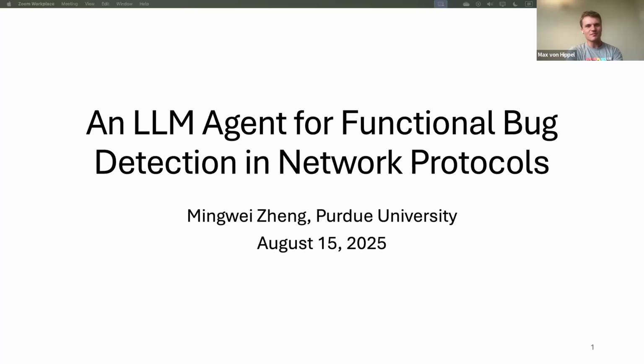Cool. So Mingwei, thank you so much for joining us today. I first saw some of your work when I went to a LangSec workshop, and I thought it was super cool. And I think I've felt for many years now that language models hold a lot of potential for network protocol analysis. Amusingly, I started thinking about that problem before they were good. Like when we had BERT, and that was all we really had to work with. And now we have these incredible language models that can do all sorts of things. I haven't worked on it at all though since then, so I'm really excited to see some of what you've